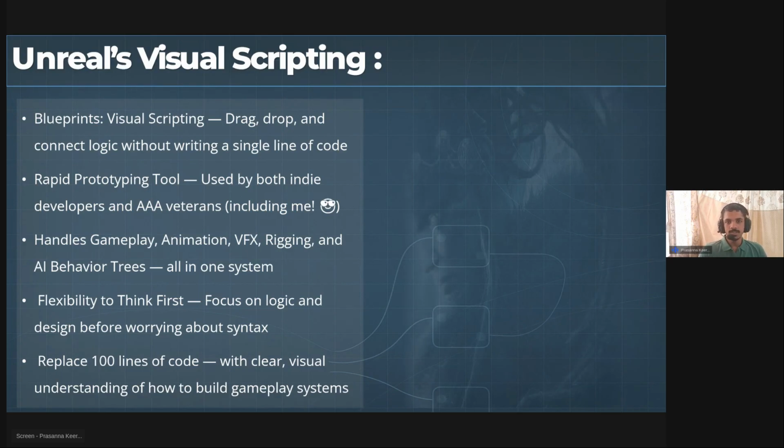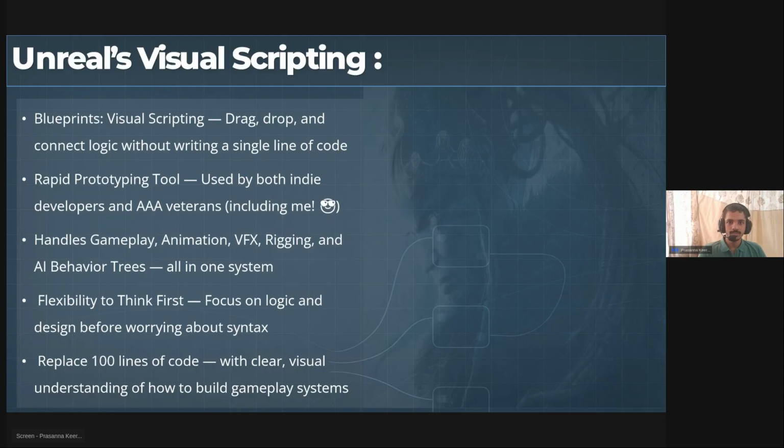In traditional days, like in the 1990s and 2000s, people started using the language called C++ to make the product. A lot of people started feeling like, okay, if I need to make a game, I need to know C++. Is it really true? Before the 2000s, it is a real fact. But after the release of the Unreal Engine, things slowly changed.